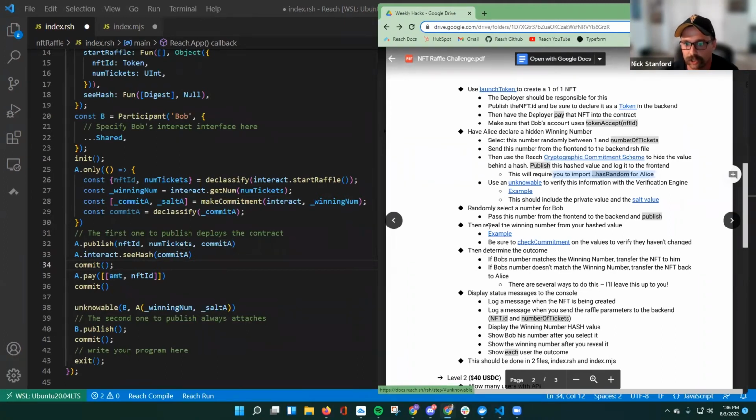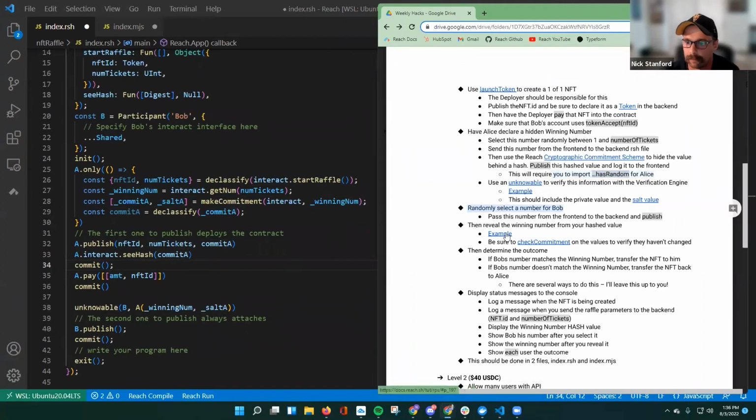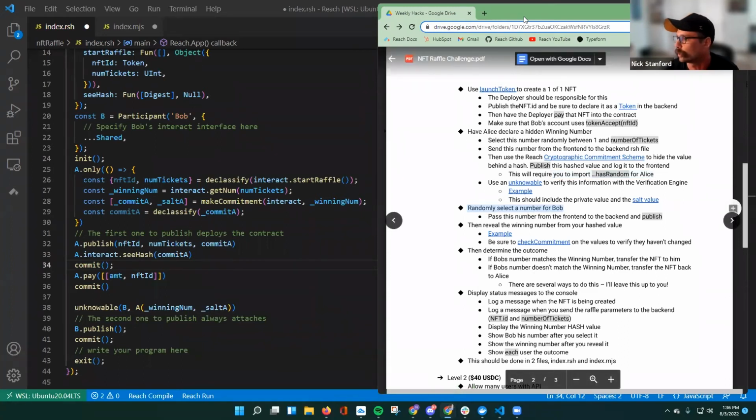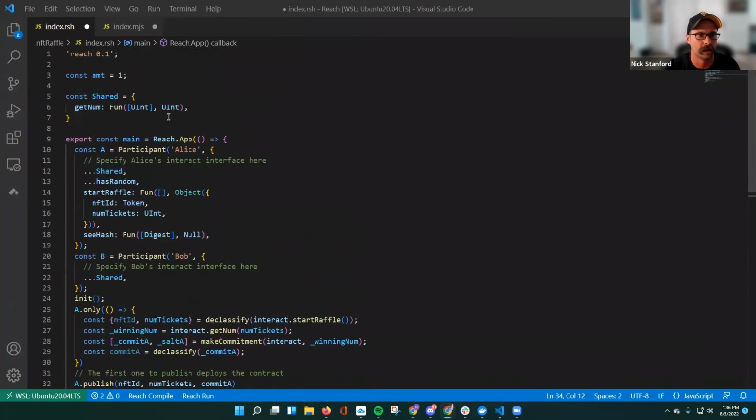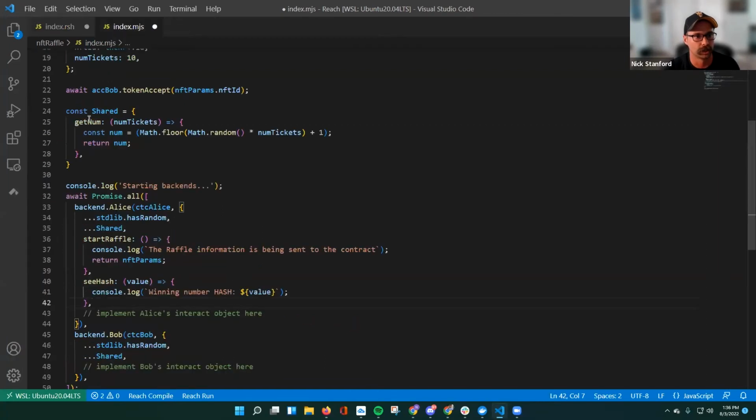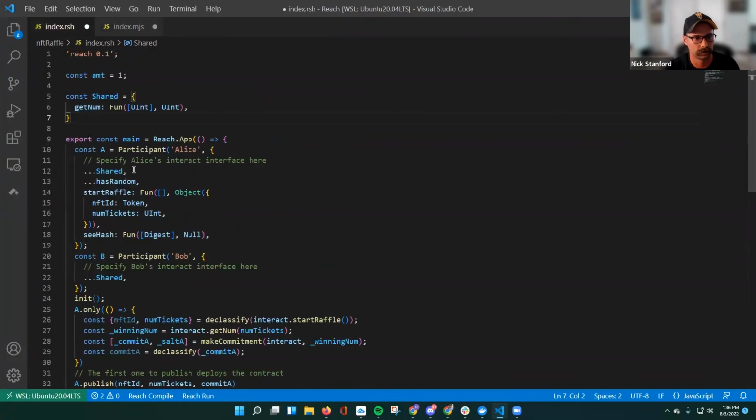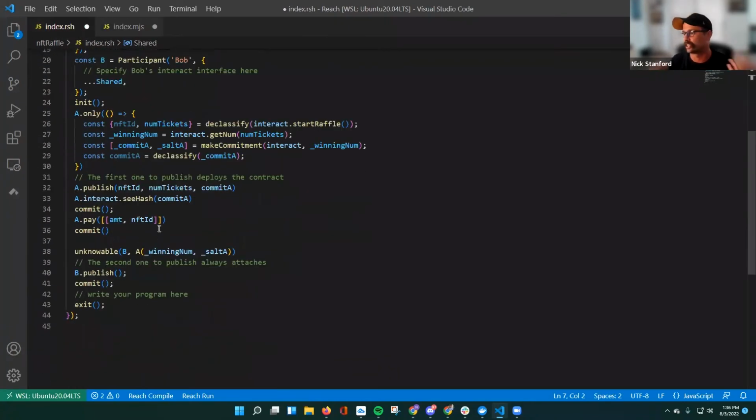Okay, so now this is done. So now let's randomly select a number for Bob, right? Pass this number from the front end to the back end and then publish. Well, we're getting good with random numbers now. And remember, getNum is already in shared functions, so we don't need to declare a new one, right? Here, getNum is declared in shared functions, so Bob can use that as well, right? So now, I guess just on this side, we just need to step through our program and how are we going to get that value, right? Well, we're just going to say,